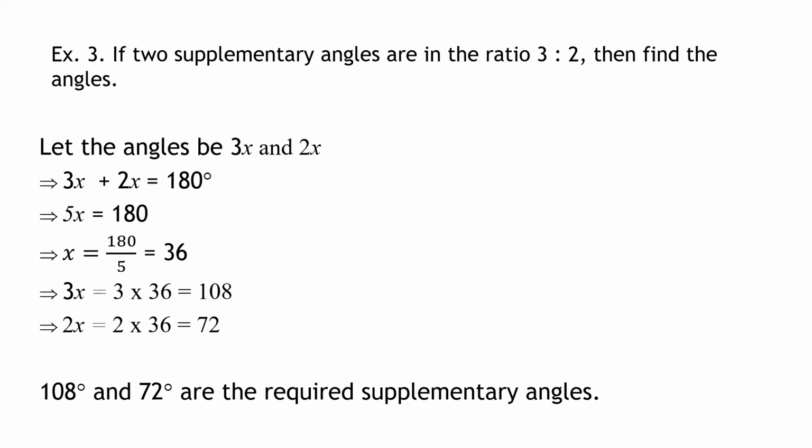Now if you find the ratio of 108 and 72, you will know that 108 and 72 are in the ratio 3:2. So now I hope you are understanding the different kinds of sums, but to do this kind of sums you should first know what are complementary angles and what are supplementary angles. So these are sums only based on supplementary and complementary, but try to remember the definition of each. Now we move on to the next sum.